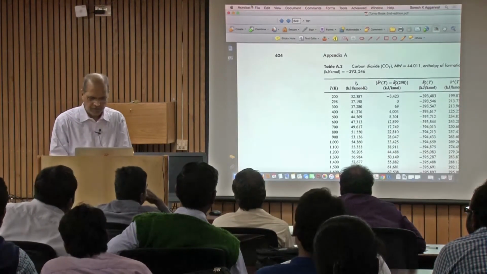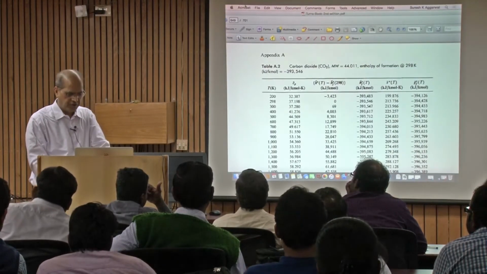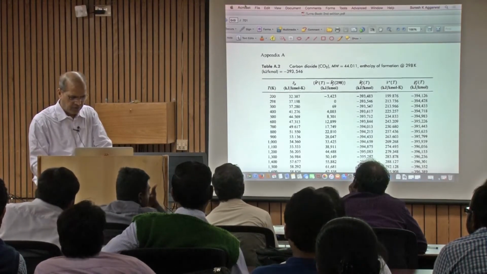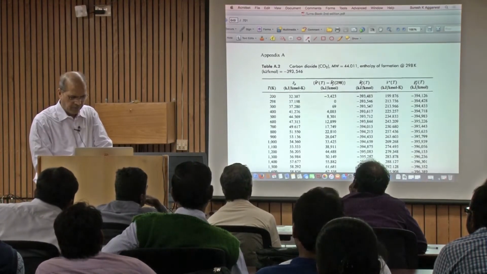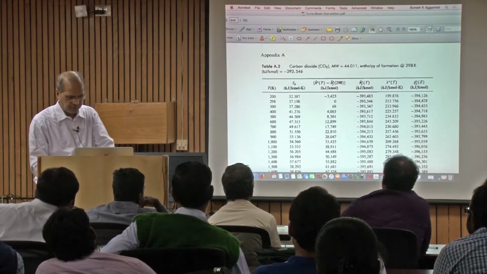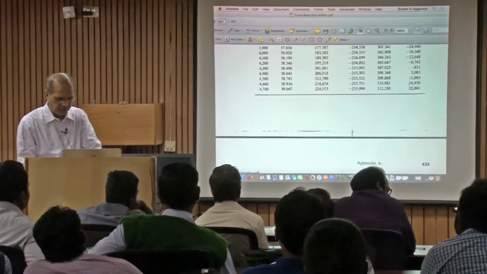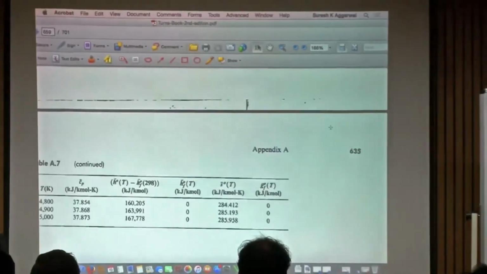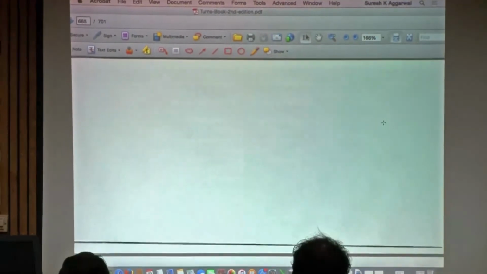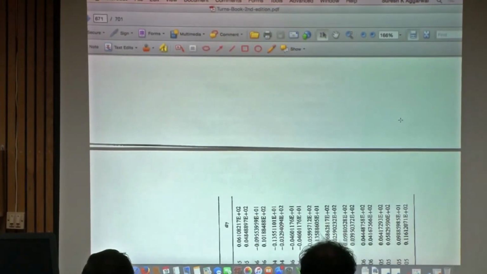So I'll just go over some tables in the combustion book. We were doing this table 2 days ago, right? Those are the Cp values, enthalpy, entropy, and the Gibbs function. There are about 12 species. Okay, now this is